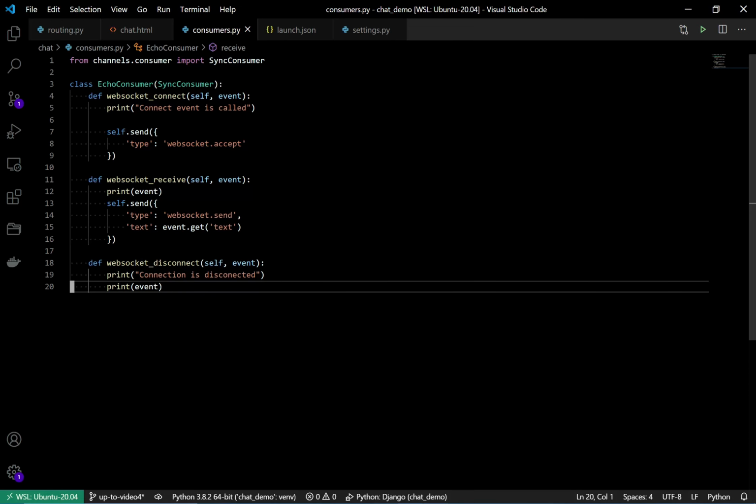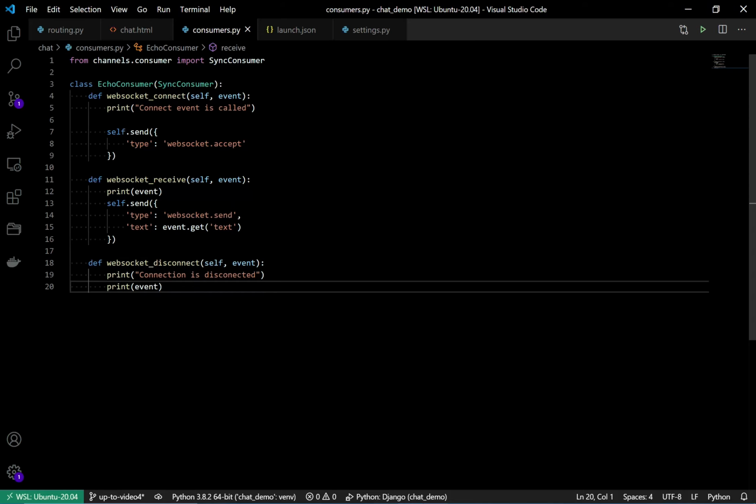So let's get started. Let's first configure the Django channel layer. How can we configure these channel layers in this project? Very basic steps. You need to install one package, channels Redis, if you are going to use the Redis channel layer. There is another channel layer available in the Django channels package itself, the in-memory channel layer, but I do not recommend using that in production. You can use that particular channel layer when you are developing. For development purposes it's fine, but you must replace it with the Redis channel layer in production.